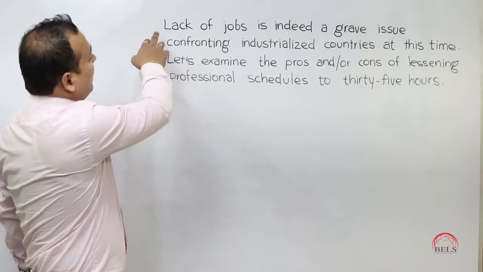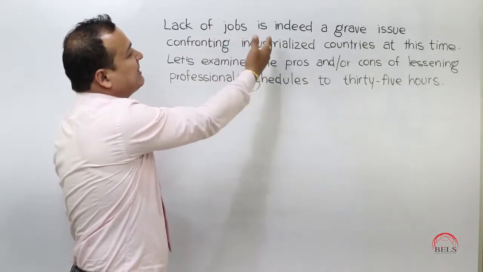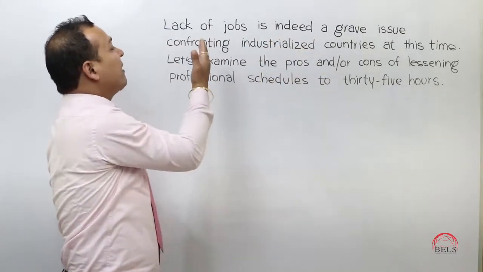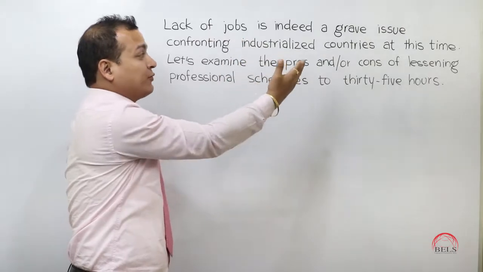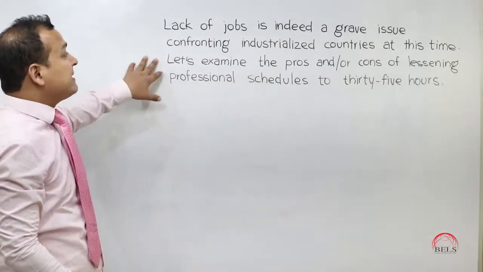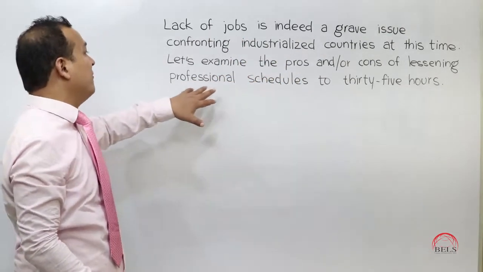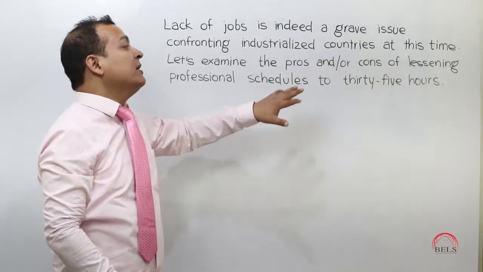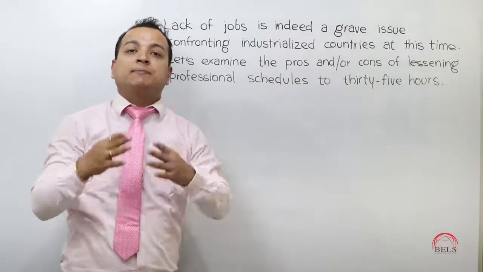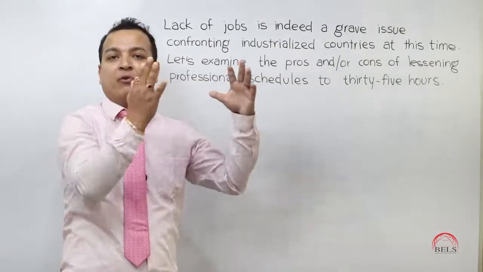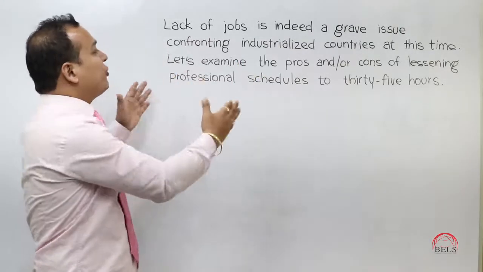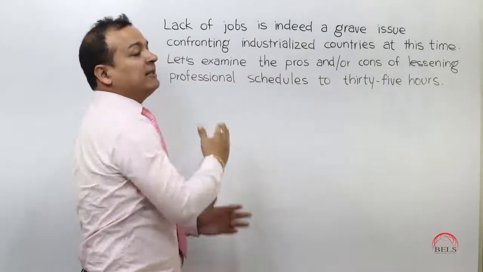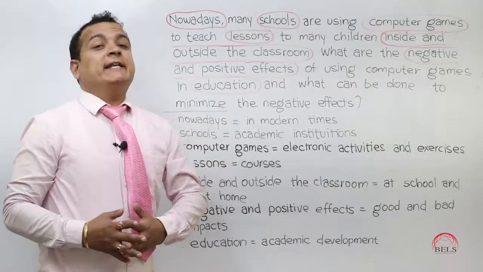The new introduction will look like this. Lack of jobs is indeed a grave issue confronting industrialized countries at this time. Let's examine the pros and cons of lessening professional schedules to 35 hours. As I explained, this is basically the background facts of the topic, and what your essay will do, we have explained in the last paragraph. To understand it better,